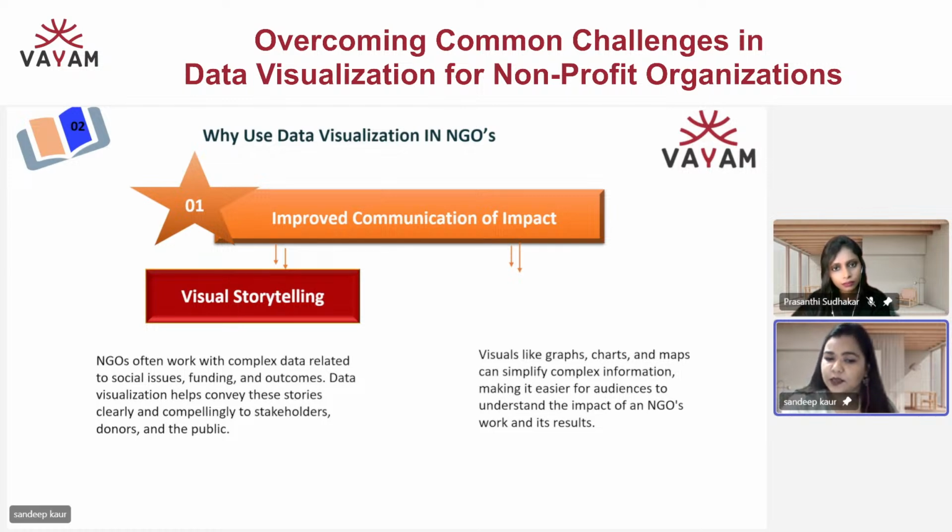And how does data visualization help them? If we use visual stories, it becomes very easy to convey what we want to our stakeholders, donors, and the public. Nobody today has that much time to read articles of 100 or 200 words. It's easier when we see an ad, or read a few lines, or see a graph representing some very important insights. It becomes easier for any person whose direct business is not related to your work. So visual storytelling is a very important way of communicating.